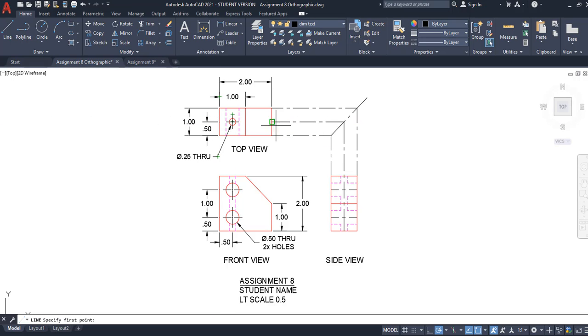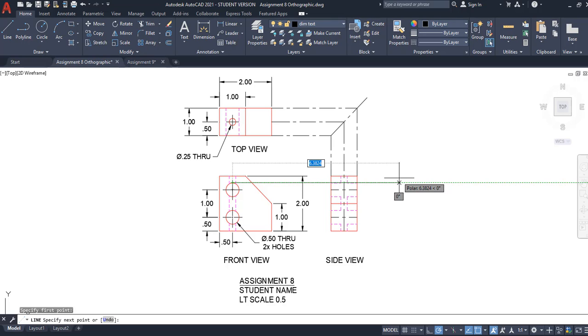Well, right now it's kind of fighting for the other object snaps, but because there's an intersection there, you might actually get the intersection object snap. But right here on these bigger circles, there's the quadrant. You can create a layer called hidden, make it current as we did in the other assignments, and then if you start from the top of this circle and come across, you see how that's really what those hidden lines